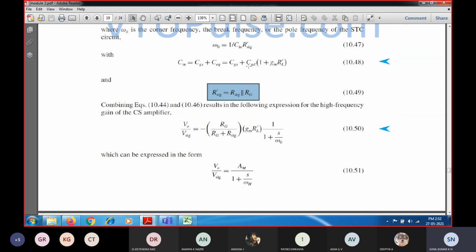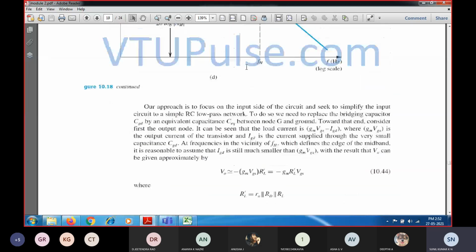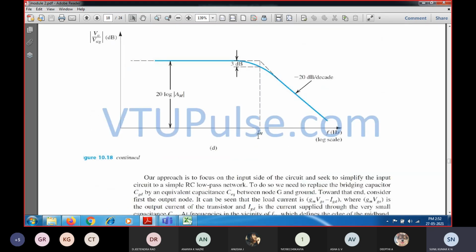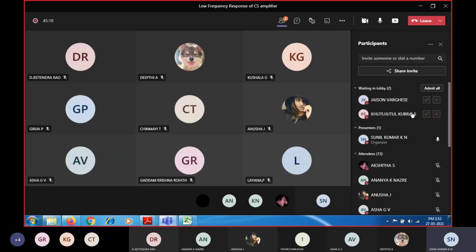These two correspond to a transfer function which is low pass, because you can see one R and C component is there. So this is nothing but a low pass transfer function. Low pass means the lower frequencies will be passed and the higher frequencies will be attenuated. So you can see there is a severe roll off of the gain as you move past this cutoff frequency.